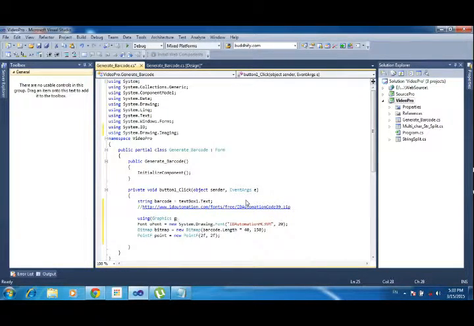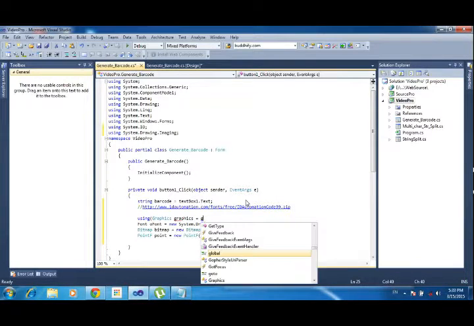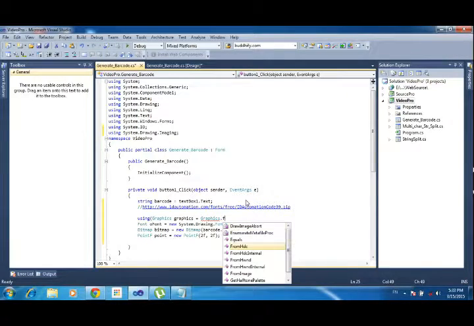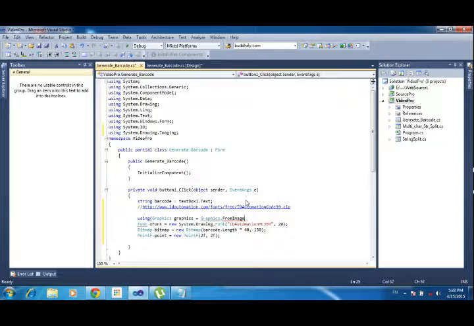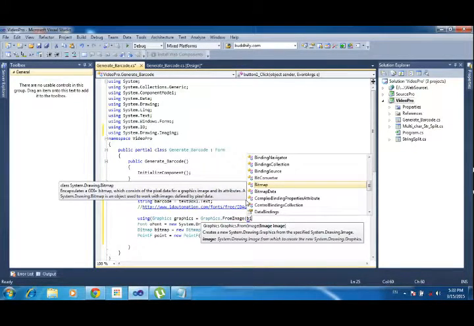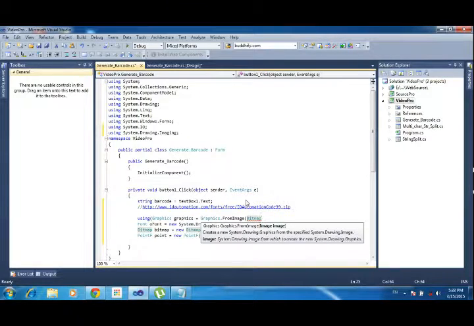So using graphics equal to graphics dot from image bitmap. You can declare any name here.